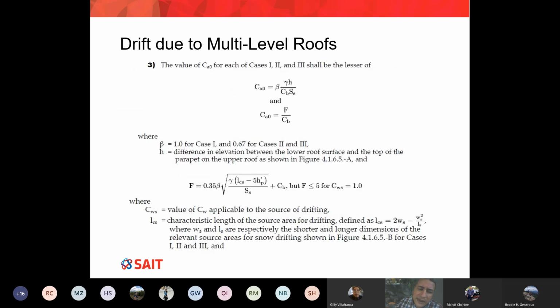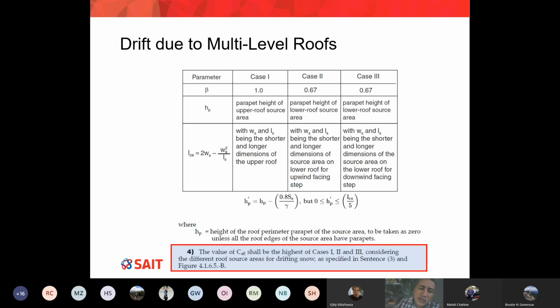Next is, how much is my F? You can see the F comes from this equation. However, to find the F, then I need to find my HB dash. Okay, so you can see I go here, I find my HB dash. So guys, the conclusion is, if you're following the discussion,